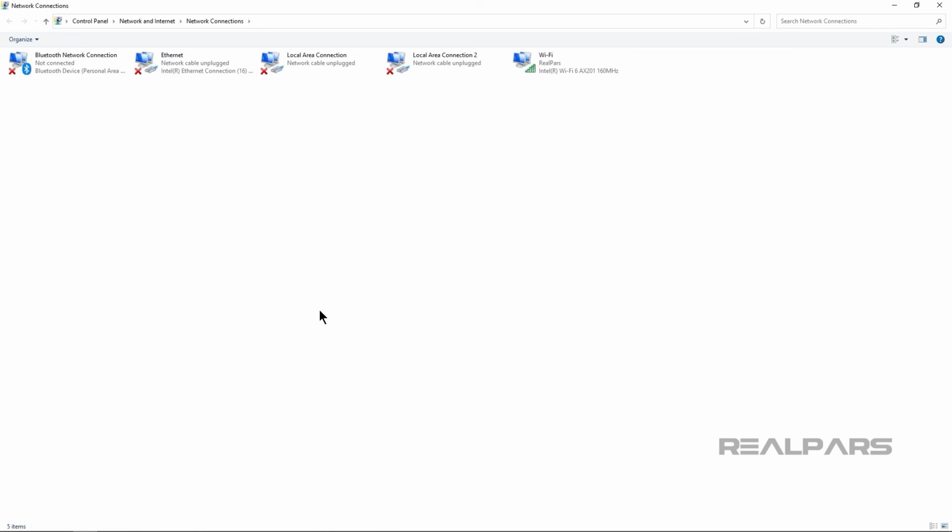The Network Connections window opens. This window contains a list of all the network adapters that are available on your computer. Your list may have a different number of entries than mine, with different names. You should see one network adapter called Ethernet. This is the adapter for the Physical Network Interface Card, or NIC, that is installed on your computer and allows your computer to communicate with other devices over an Ethernet network.